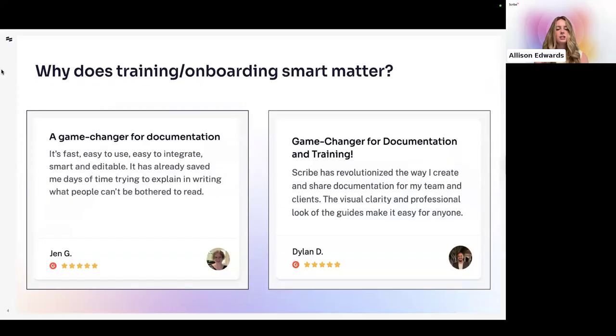I always like to quickly flash this up too, just some general reviews, so take your time to glance here, but you might be wondering, okay, why does this really matter? I'm capturing, but why should I care? I feel like Scribe is the perfect tool for training and onboarding, actually one of our biggest use cases across our customers. It's accessible content and you want to make it reliable for everyone. And if you start onboarding smart, you feel like, again, that consistency goes up as well as people start doing their best work.